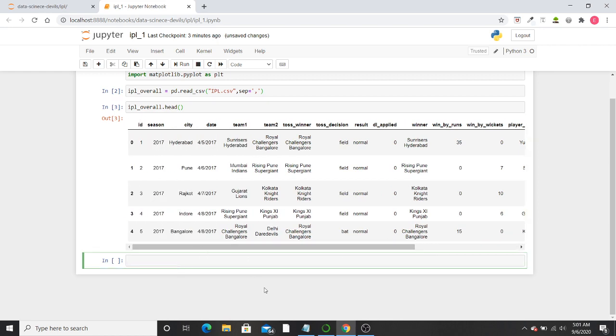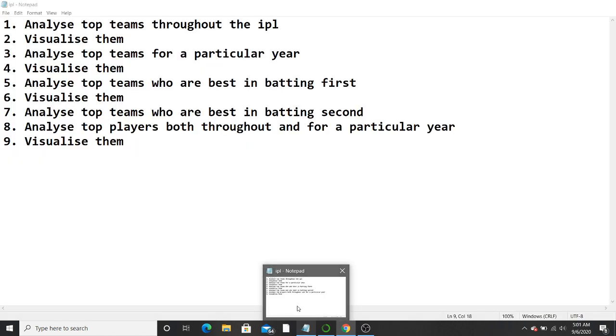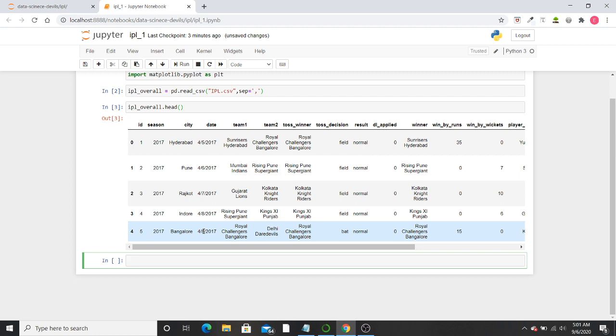So what was our first step? Our first step was to analyze top teams throughout the IPL. So for that, I am going to show you the top 10 teams who have won overall a good number of matches